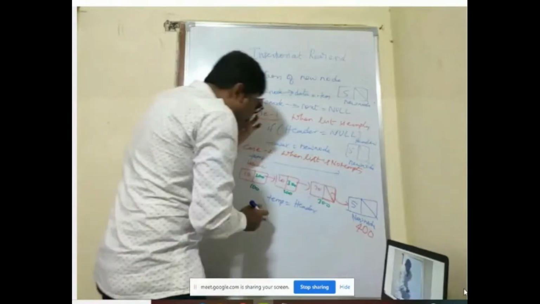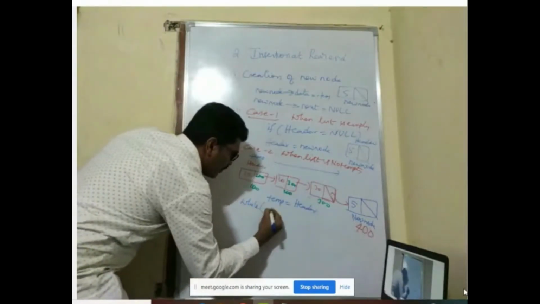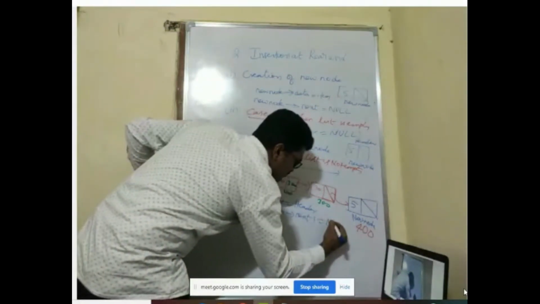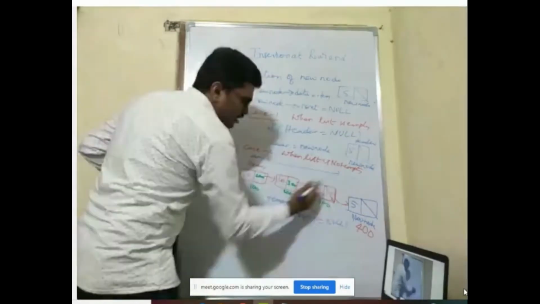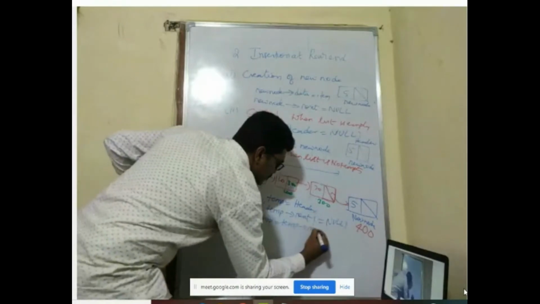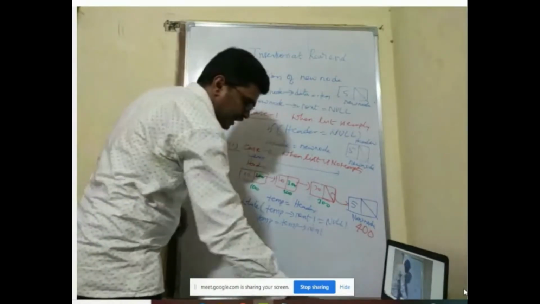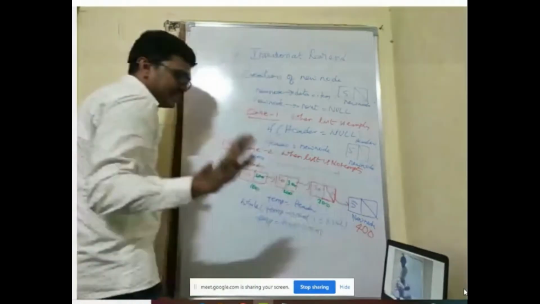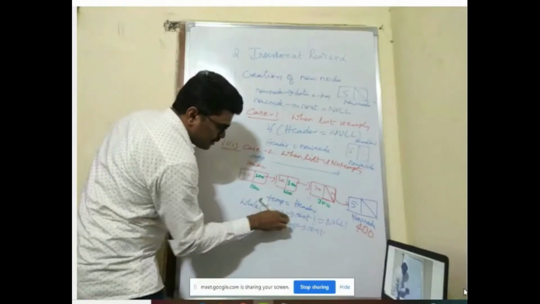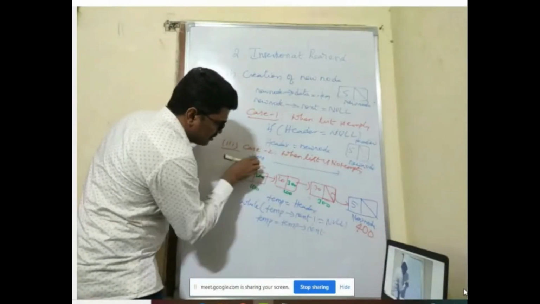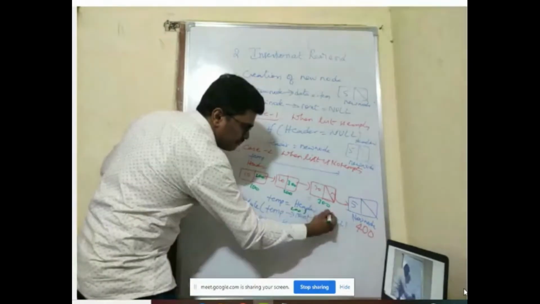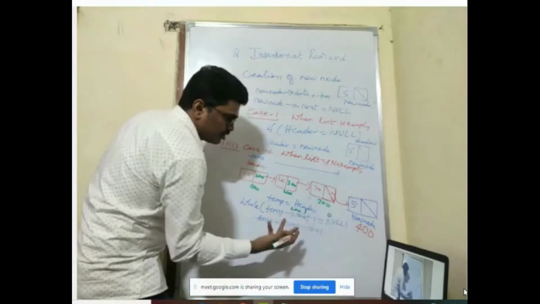So I'll write a loop: while temp next is not equal to null, temp is equal to temp next. I'll move temp here. You can see here, I will traverse and show you. Don't panic. So now this is the first temp. What is temp next? Temp is pointing to header, so temp next is 200. 200 is not equal to null. Null means logical 0. Not equal to null, condition true.